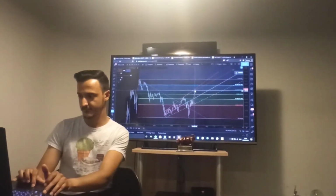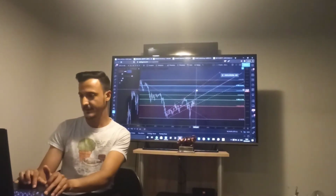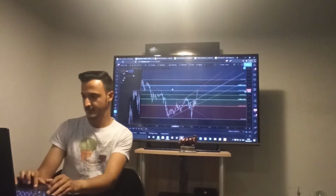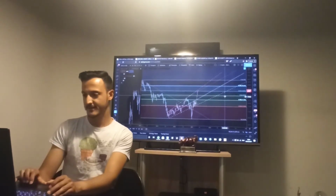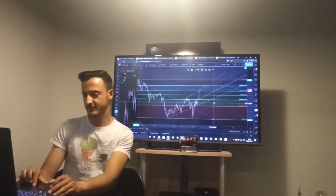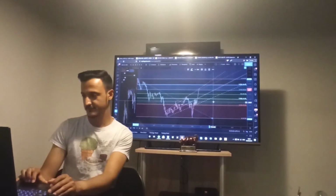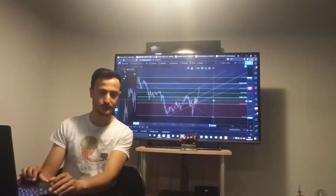You see the red lines, that's resistance, that's a second resistance trend line. Then again, the 618 fib, because the other one was drawn in reverse, right? So this is 618, the other one 1618, 50%. I think that it's the rational thing to take risk off and to leave some altcoins maybe to run, because